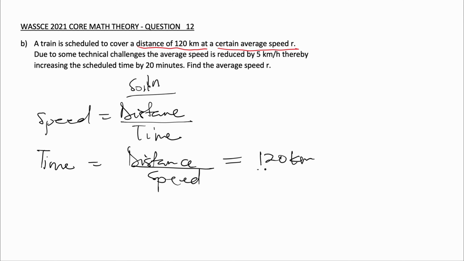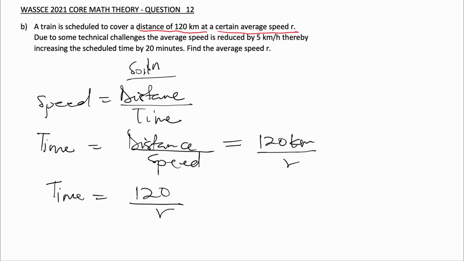So speed is equal to R. So we can say that our scheduled time will be 120 over R. But then we are told that due to some technical challenges, the average speed is reduced by 5 kilometers per hour. So it means that